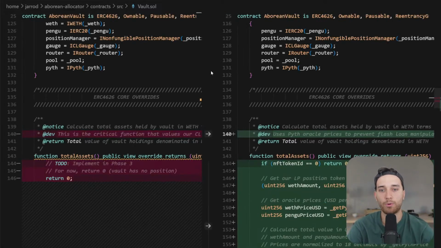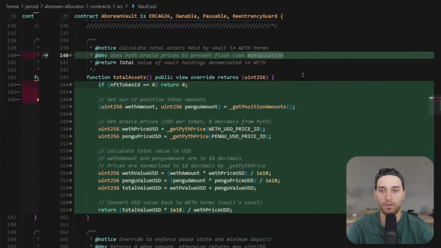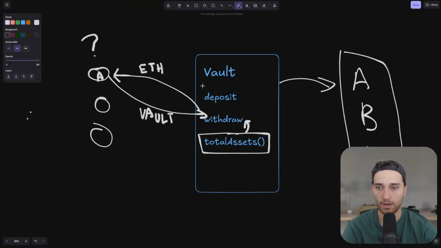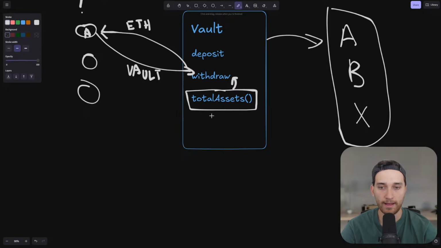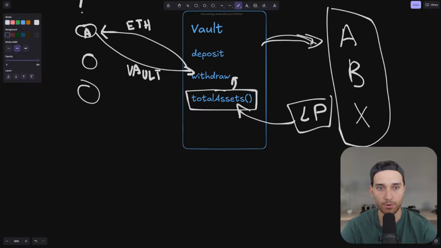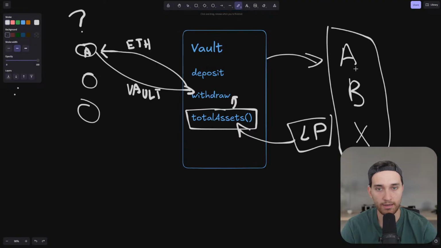All right, so this is the most important code. So total assets, as I mentioned in our diagram, this is a horrible diagram. Basically, total assets needs to calculate based on our liquidity pool in Aborean, how much money do we have? Because we don't store the money in the vault, we actually store the money with Aborean. So we need to ask Aborean, hey, how much Pengu and wrapped ETH do I have locked up in liquidity, and calculate how much that's worth based on the price that Pith brings back to us. So we ask ABX, yo, how much LP do I have? And that Pith,